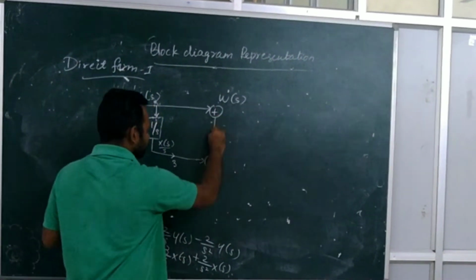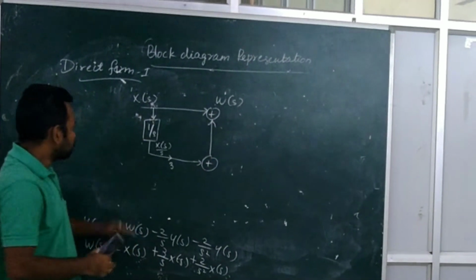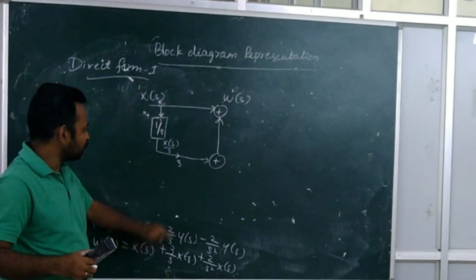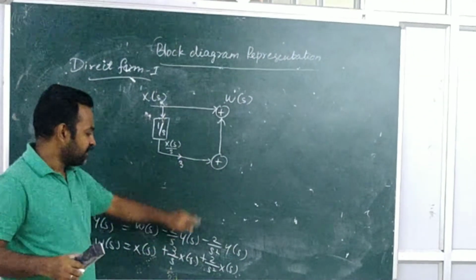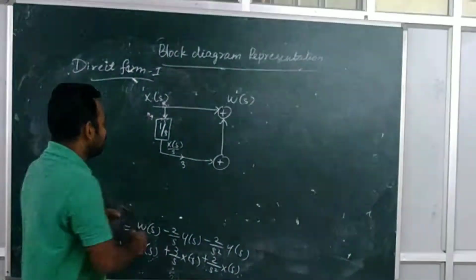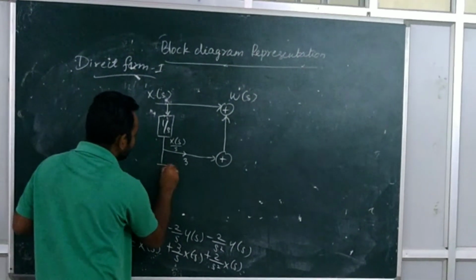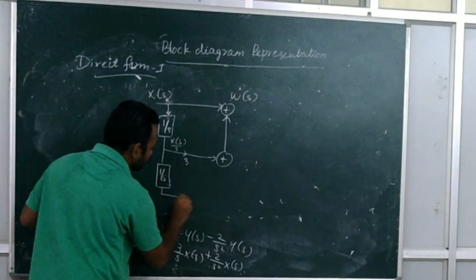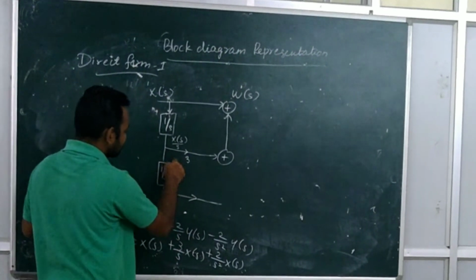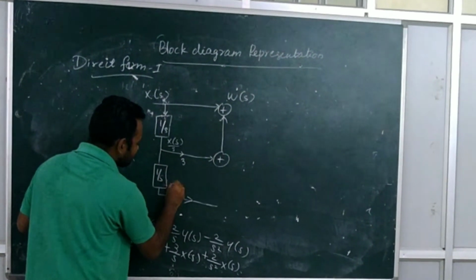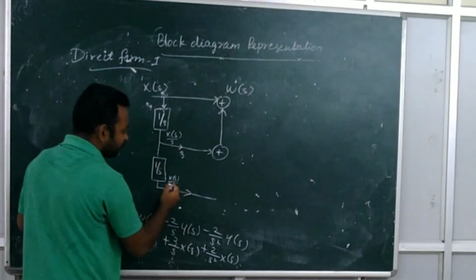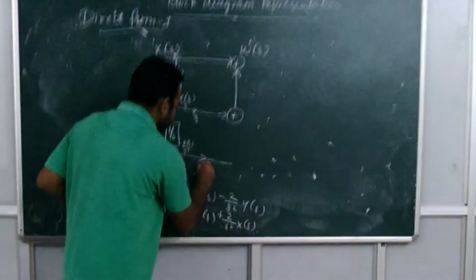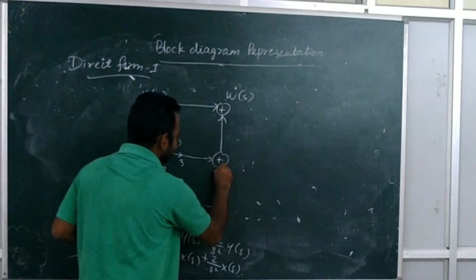It is going to add with the X(s). So already your X(s) is coming directly, along with that 3/s times X(s). That is also added. And again, the next term is the 1/s² term. Already you have 1/s, so here you are adding one more 1/s. So 1/s times 1/s gives X(s)/s². At this point your value is X(s)/s², and here the amplitude is 2. So it is adding here.